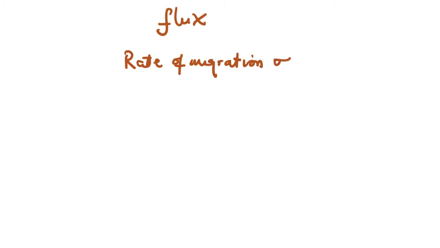Hello everyone again and welcome to this particular video, and in this particular video here we're going to be exploring flux. And we know that flux is known to be the rate of migration of a specific property with the help of another property. Usually the other property is a constant, and another property as well is with respect to